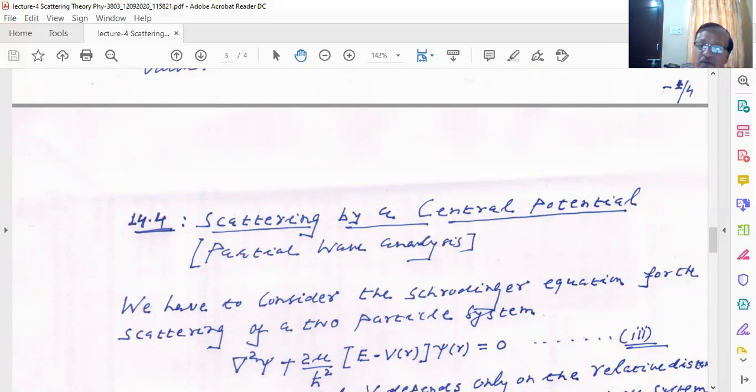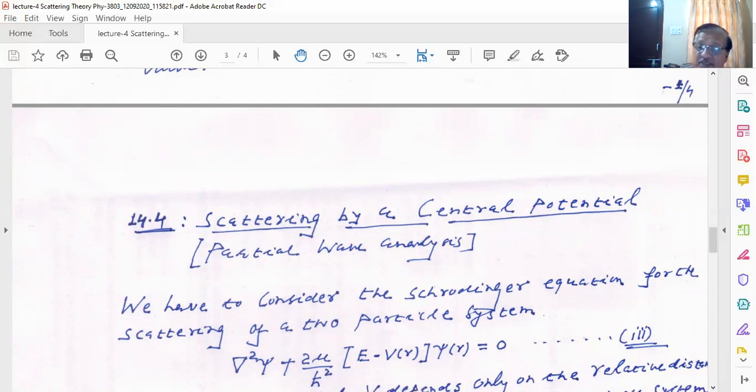So now we will try to understand the partial wave analysis, and once you want to study the partial wave analysis, you have to study the scattering, and scattering is because of some